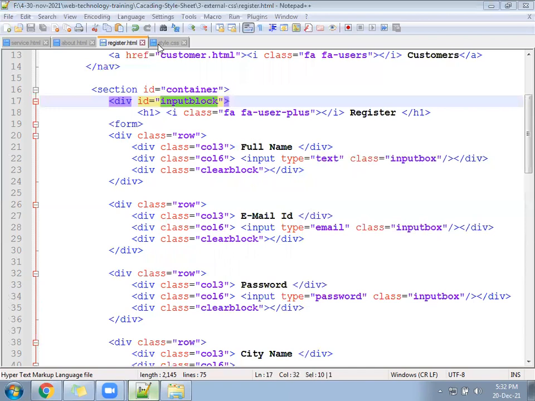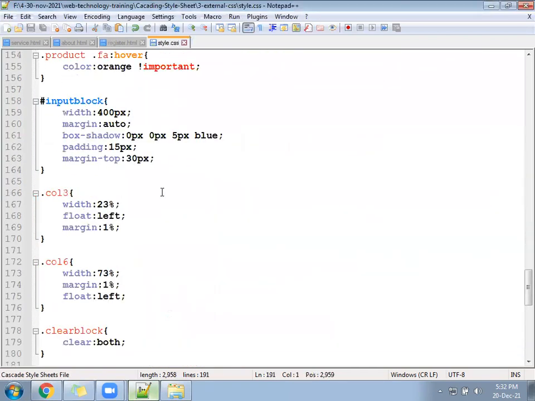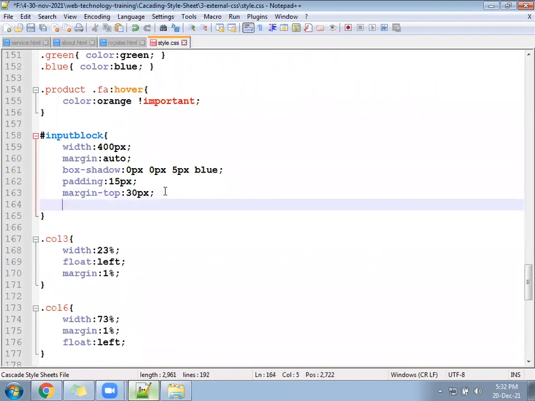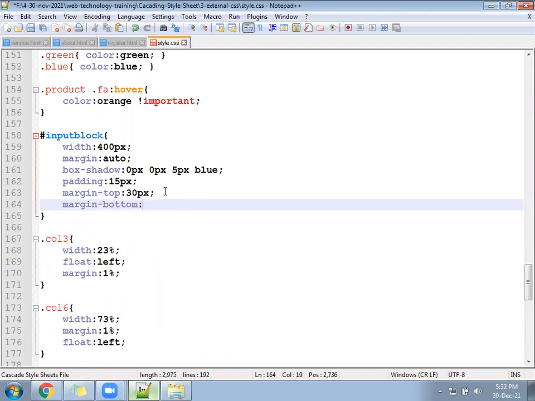So we'll go to the CSS, and in the input block we have written margin top. Similarly we write margin hyphen bottom also, somewhere 30 px.